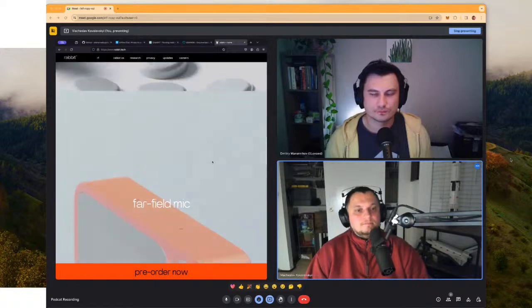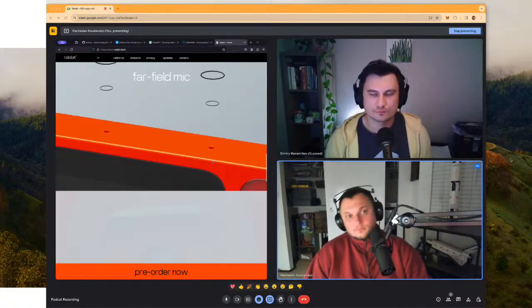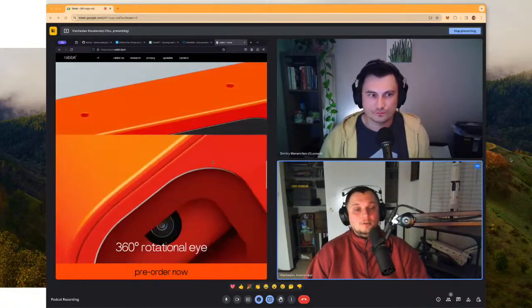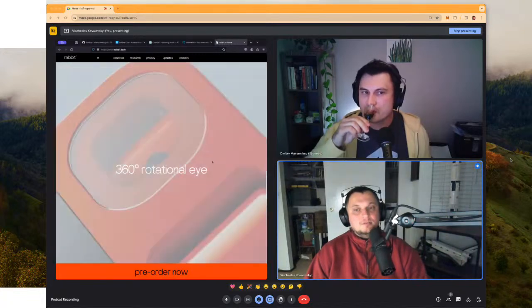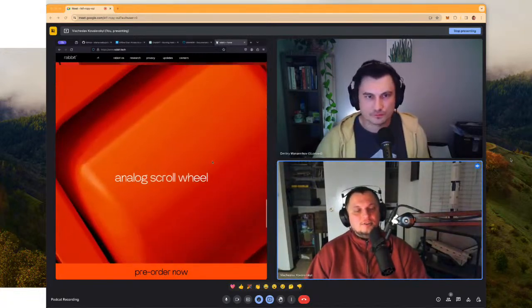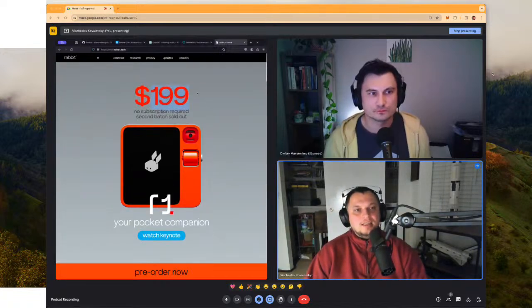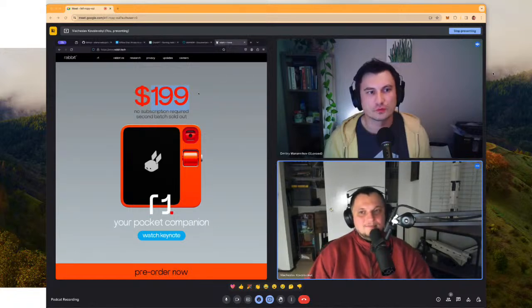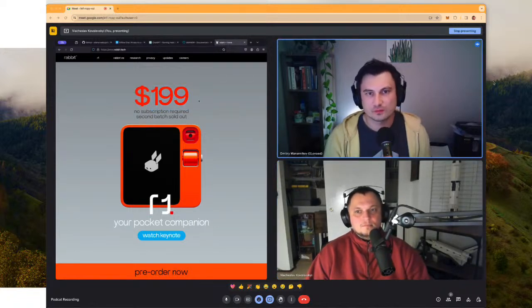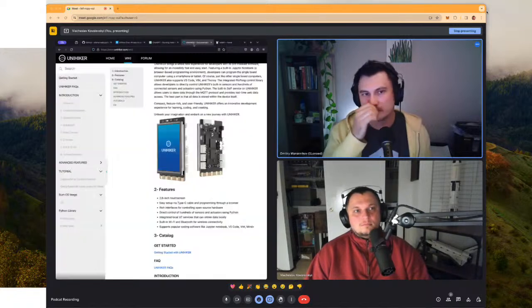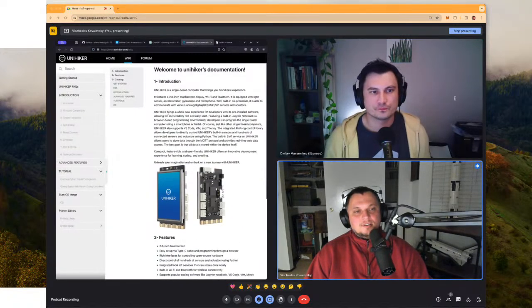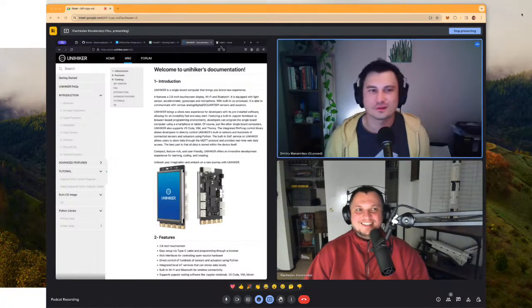The only unknown right now is whether it's a locally based model or actually in the cloud, because there are many signals that show that it might be cloud based. And honestly, I just don't believe that they can have a local model for $200. It either will not work. How do you fit it in such a small case as well? To be fair, Unihertz has 0.5 gigabyte, and there are models that can fit in 0.5 gigabyte.